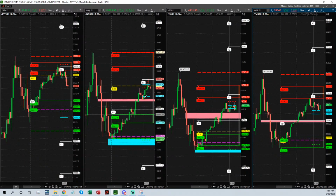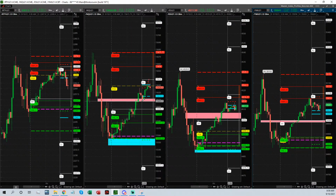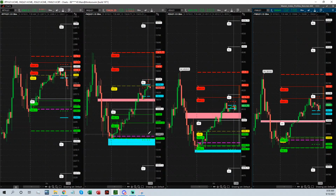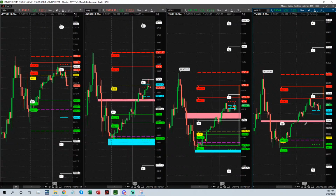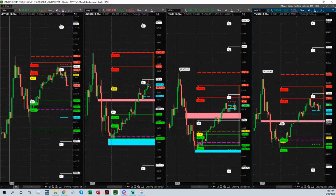But if they keep them split, which you should always assume on a first test, you're either going to stay basically from the bottom of these single prints up, or from the top of the single prints down once you lose them. That is where they stay separated. That's the best scenario for us as traders. So assume, since we're above these single prints now on a first test, the bottom of these boxes is going to hold. And what you do is you do that with very narrow